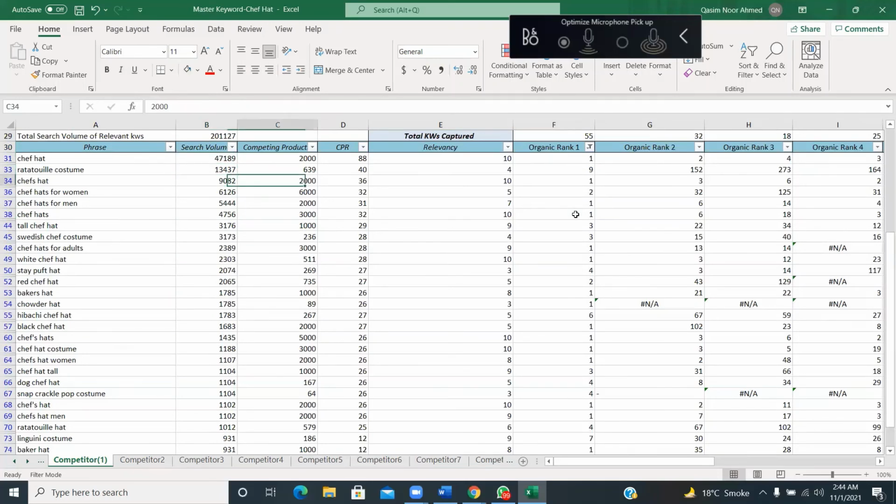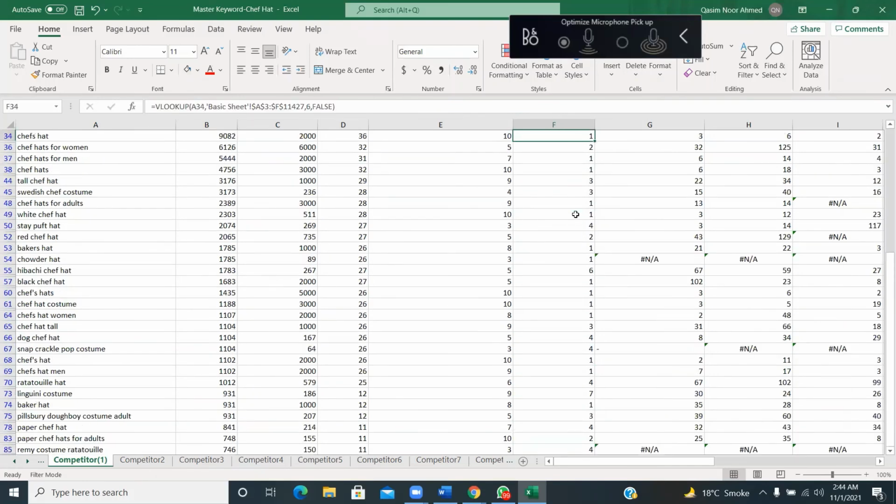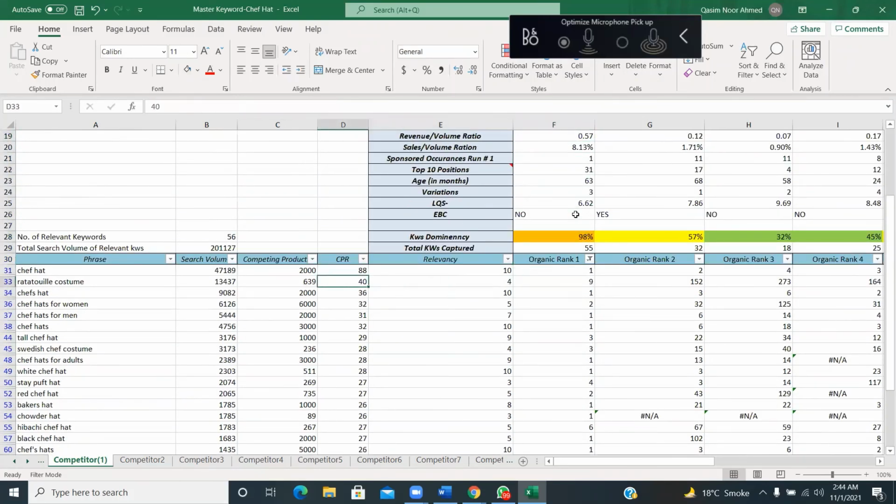अब सारे वही कीवर्ड्स हैं जो 47,000, 13,000, 9,000 के हैं, और ये भी हम देख रहे हैं कि मेजोरिटी में टॉप 10 तो छोड़ें, इसका 1, 2, 3, 4, <5 पे ऑर्गेनिक स्पॉट्स पर मौजूद है अगेंस्ट दिस कीवर्ड। सो दिस इज अगेन जस्टिफाइंग, ओके। बिकॉज ऑलमोस्ट हर पोटेंशियल कीवर्ड पर इसका ऑर्गेनिक रैंक हाईएस्ट है, आई मीन कि लोअर है, 1, 2, 3, 4, 5। सो बाय दिस वी कैन assume कि हम जस्टिफाई कर सकते हैं कि ये वो कीवर्ड्स हैं जिन पर ये ऑर्गेनिकली रैंक है, जिसकी वजह से हो सकता है कि दीज आर पोटेंशियल कीवर्ड्स, हाई वॉल्यूम कीवर्ड्स।